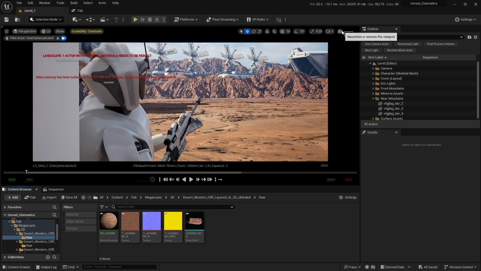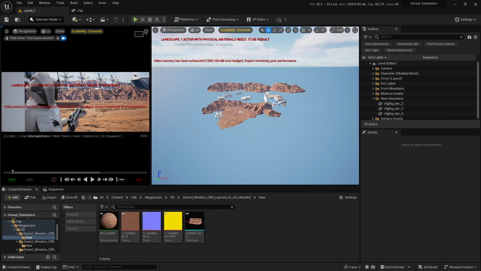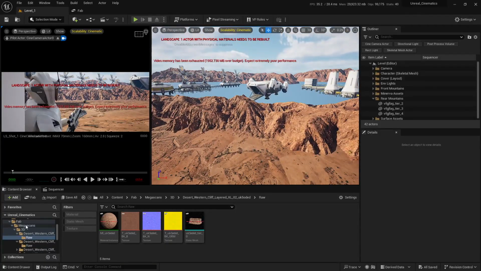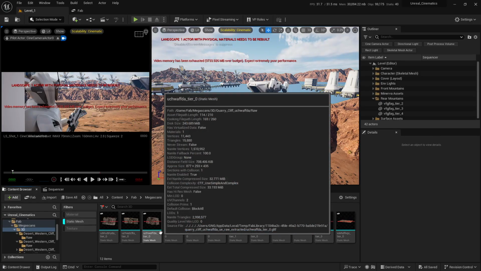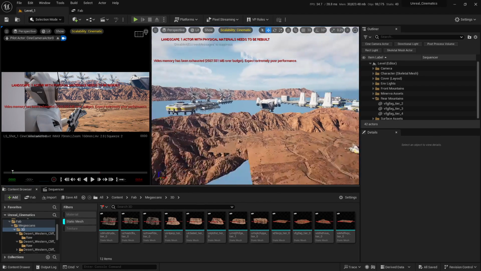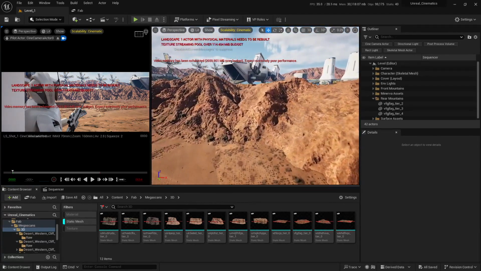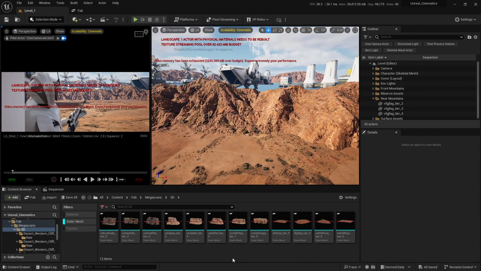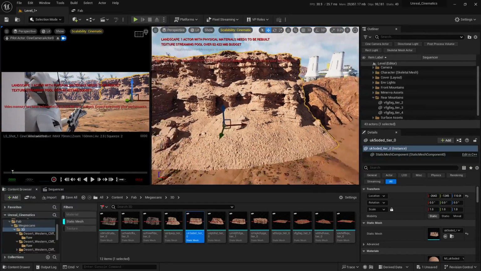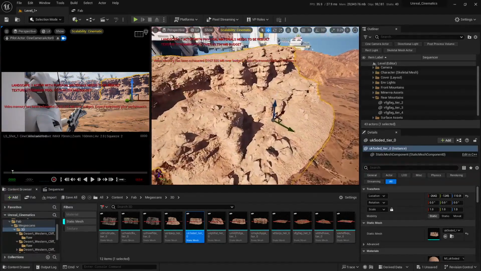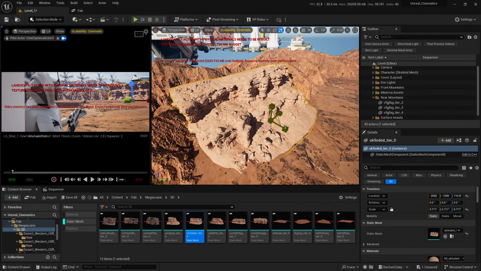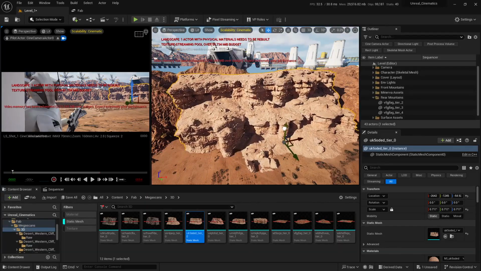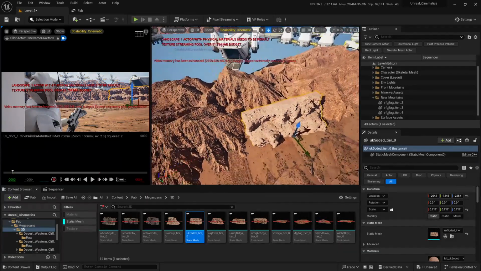So I'm gonna split this window, and I'm gonna go into the 3D folder and simply enable the static mesh builder so that we know which one is which. And what I'm gonna do in here is to bring, let's say, let's try this one. Of course, I'm gonna scale this thing down because this looks pretty huge at this point. So I'm gonna bring this thing down here, and